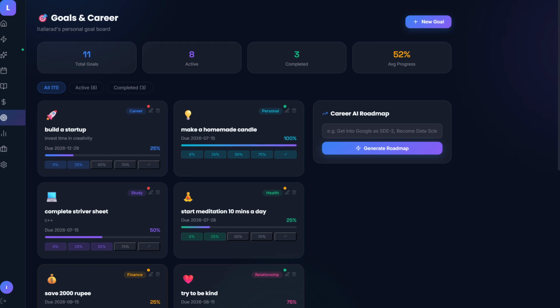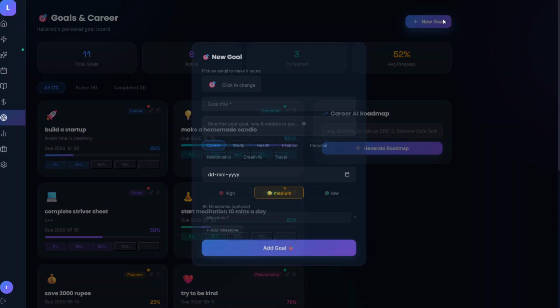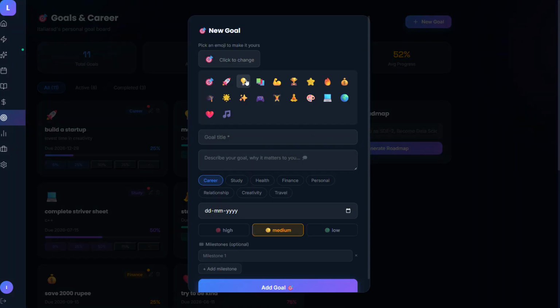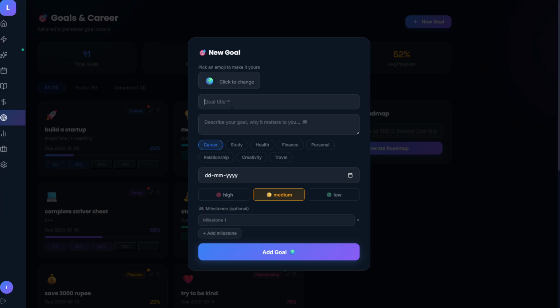Now this is goals and careers. This is a modified version of a to-do list. In this you can add a new goal, you can click on these icons. For example, I want to learn about Venice.